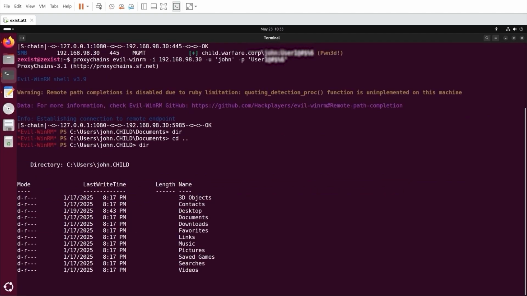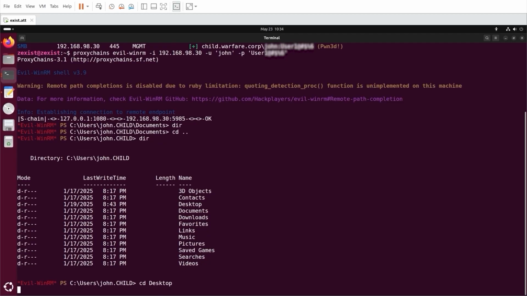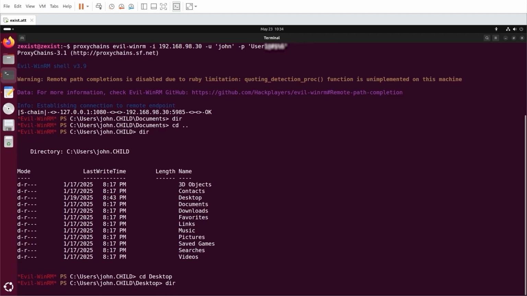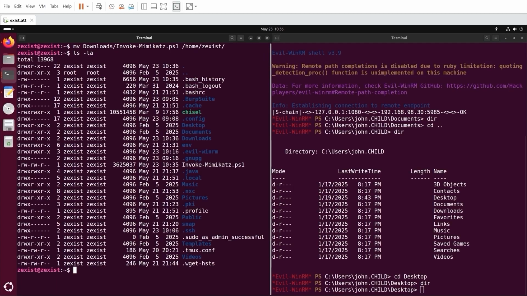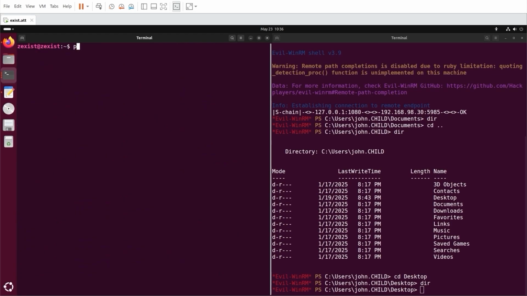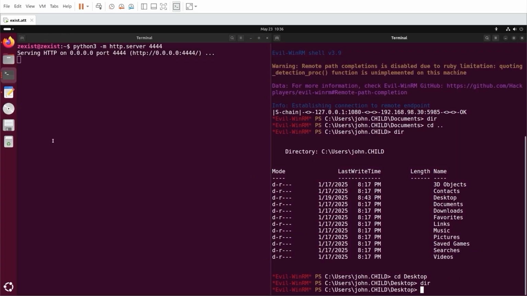We have more than one method to dump hashes in a remote machine. I prefer to reflectively load Mimikatz so that the entire process stays in memory. To do that, we first download Mimikatz from the official GitHub page. Next, we set up a Python server so that the remote machine can pull the file later. Choose any port you wish. We need to ensure the directory where we run this command contains the file we are hosting, which is the